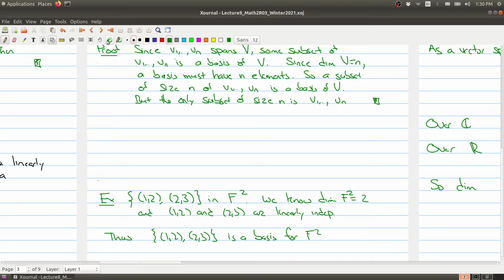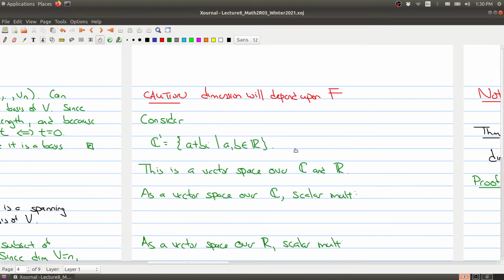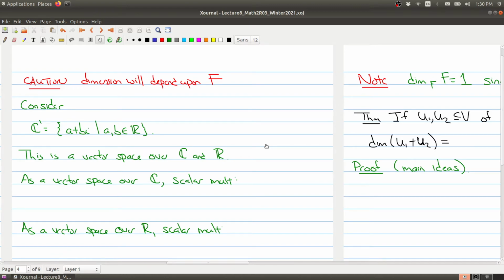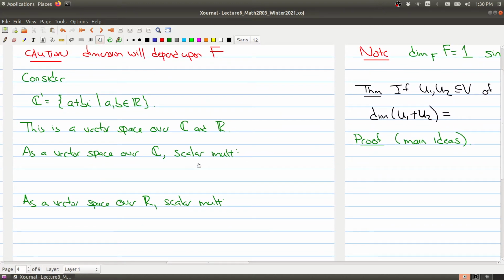Okay. Now, before we move on, I want to give you a cautionary tale about how the dimension will depend upon your field F. This doesn't come up a lot, but you should realize that the dimension somehow depends upon F. A good example is the complex numbers, C^1. We're looking at all the elements that look like a plus bi, where a and b are real numbers. Now this is a vector space over C and over R,